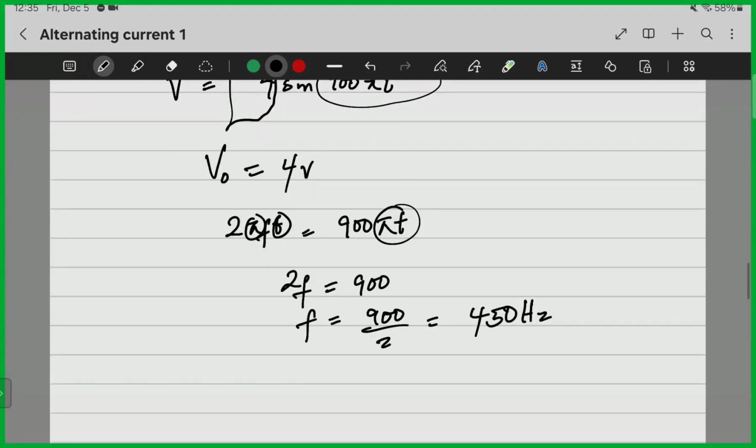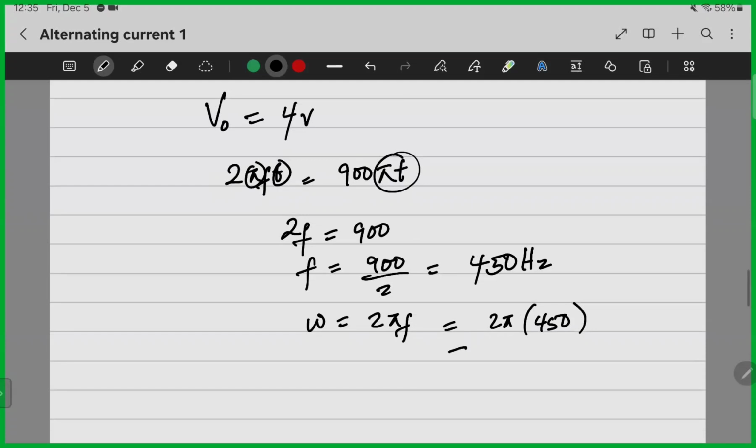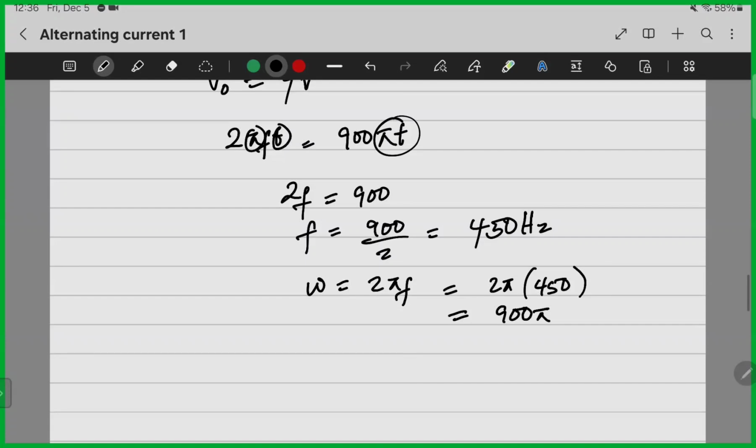And we know that omega is 2 pi f. So that's more like 2 pi times 450, and that is 900 pi. So we've settled f, we've settled omega. So they asked us to find the